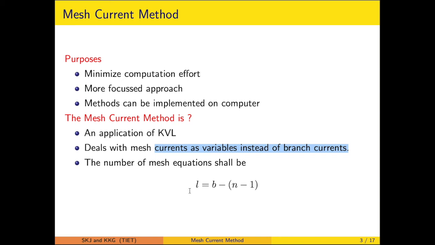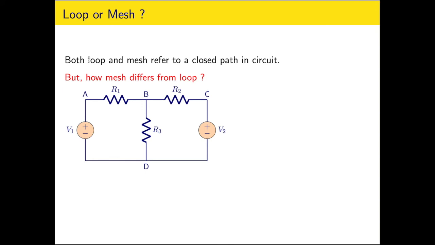As a network topology, we discussed that the number of independent loop equations is equal to the number of branches minus the number of nodes plus 1. Both the loop and the mesh refer to a closed path. So first the question arises, what is the closed path? A closed path is when we start with a node, traverse element by element without crossing any element more than once, and then return back to the same starting node. That is completing a closed path, or completing a circle.